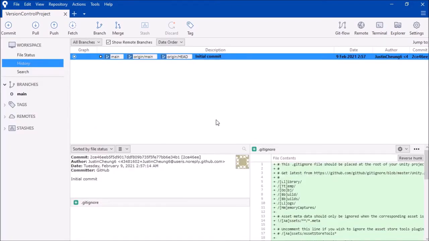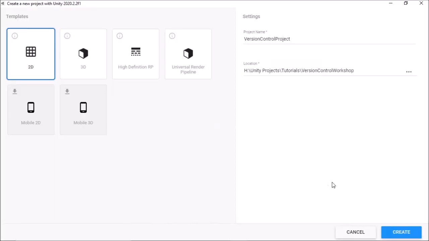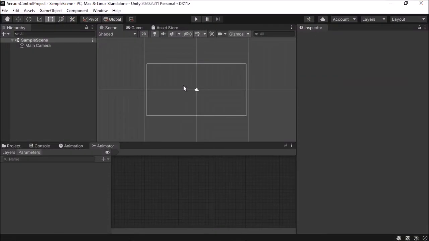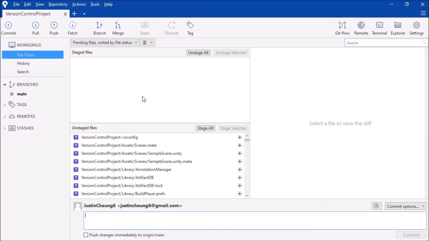Okay. So if we go over here, we should be good to go ahead and create this. Okay, so after your Unity project loads up, if we go over to SourceTree, we can see at the file status,